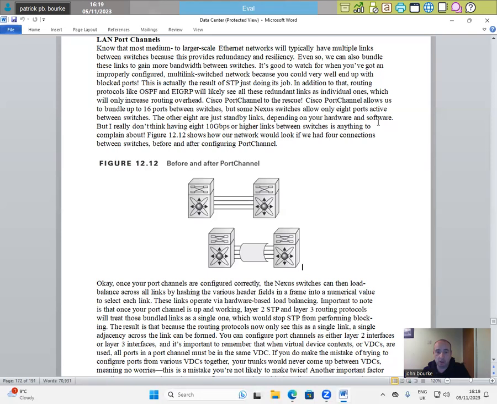Depending on your hardware and software, but I really don't think having 8, 10 gig or higher links between switches is anything to complain about. Figure 12-12 shows us what our network would look like if we had 4 connections between the switches before and after